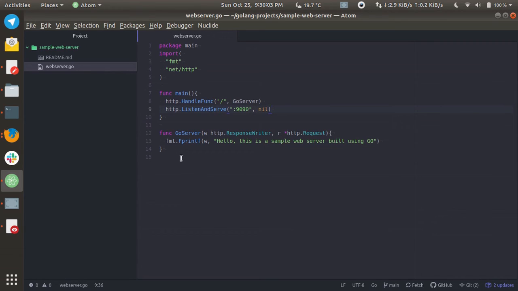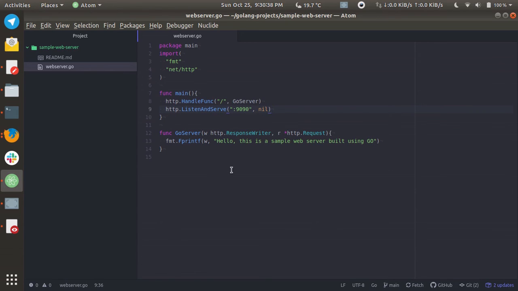Alright, so let's go ahead to goServer, and this is basically a handler for the default ServeMux. And what it basically does, it takes in two arguments. First one is the ResponseWriter, and second one is the http.Request. So the http.Request is used to read the request which the server has received, and the ResponseWriter basically serves the response. And yeah, after getting all these values, we are using Fprintf from the fmt library to print out a page, and in this case we are just printing this particular piece of code.